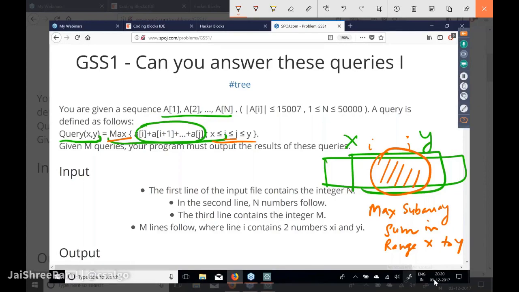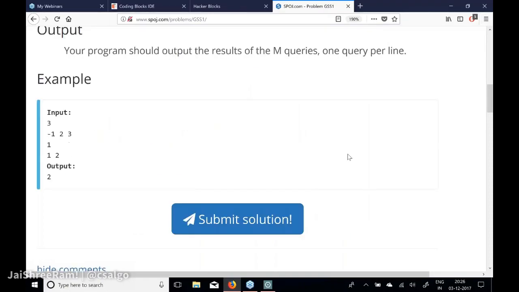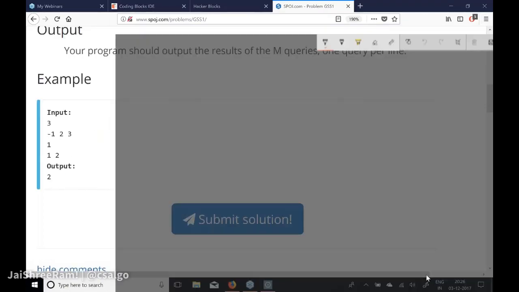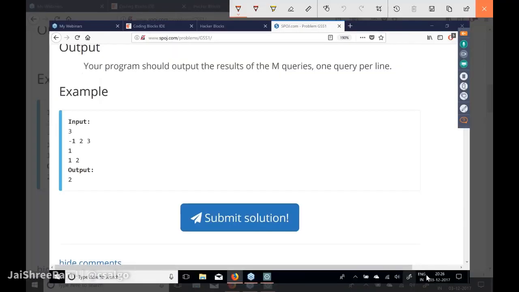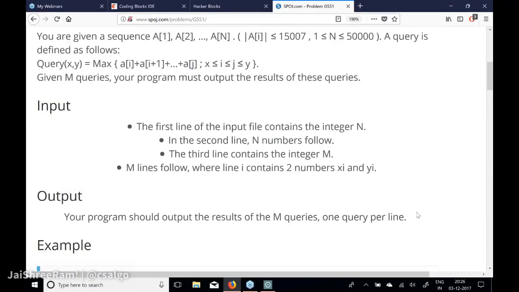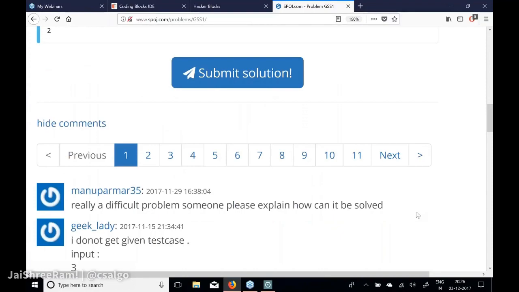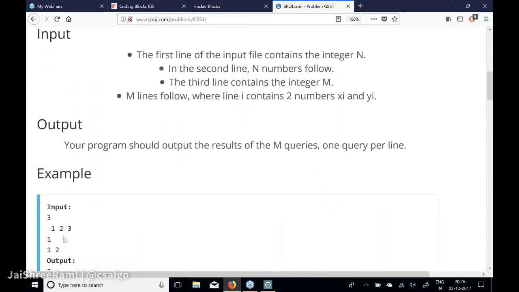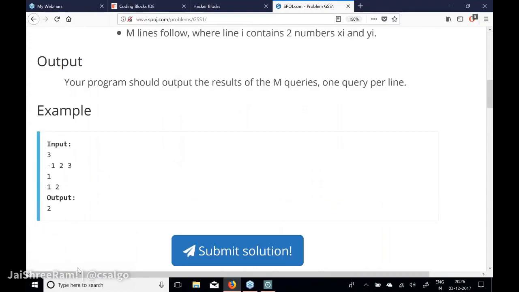तो अब जरा थोड़ा सा दिमाग लगाओ कैसे होगा इसको। ठीक है, इस केस में गिवन है कि 3 एलिमेंट्स हैं और वो एलिमेंट्स ये हैं। पहली क्वेरी एक ही क्वेरी है और 1 से 2 क्वेरी है। तो 1 से 2 क्वेरी करने का मतलब इतने पार्ट के अंदर मैक्सिमम सब एरे सम क्या होगा, 2 होगा। ठीक है, आई थिंक इंडेक्सिंग 1 से कर रखी है इन्होंने, इंडेक्सिंग इज फ्रॉम 1। 1 से 2 यही है, इंडेक्सिंग 1 से हो रखी है।